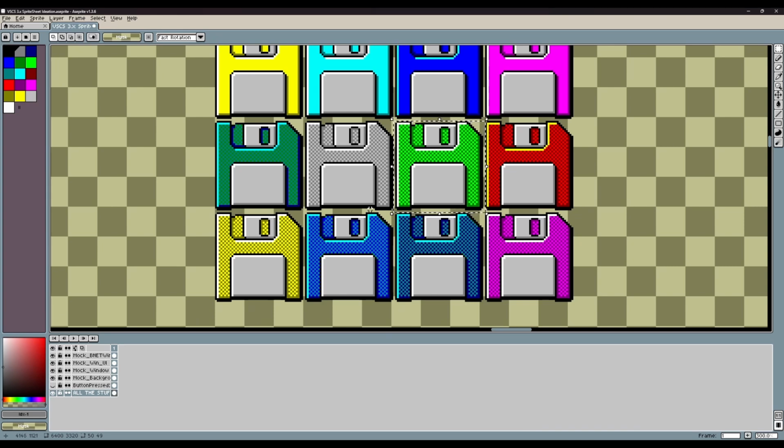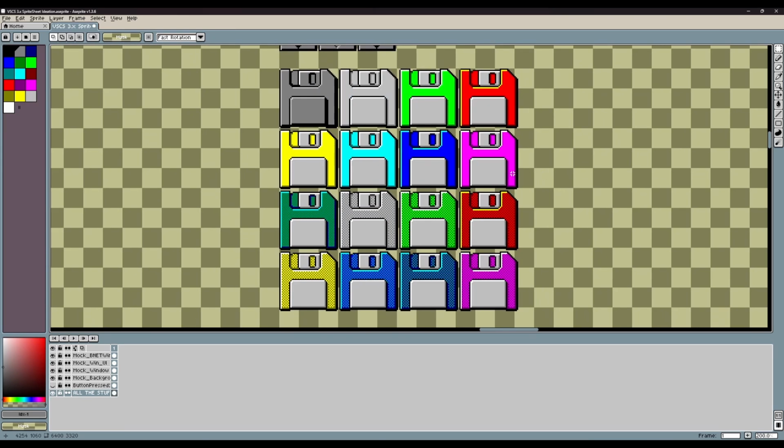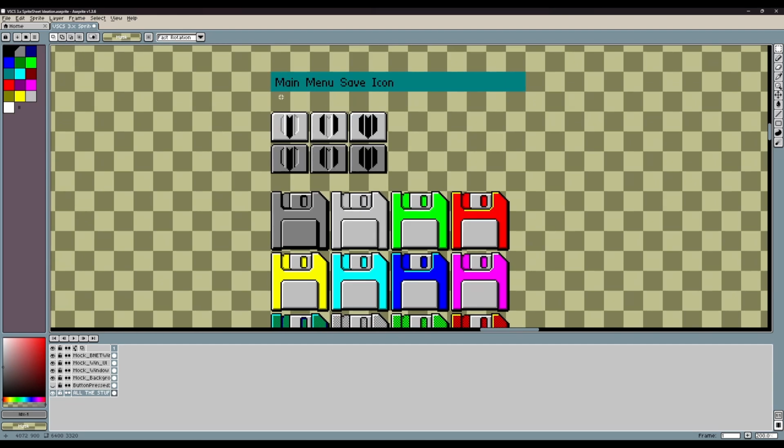But it's funny to me because this is just coming up with floppy disk icons for the main menu, but it's helping me bring together the visual identity and the thematic identity of the game, even though this is something that you would think is completely superficial and shouldn't matter. Anyways, weird tangent there.